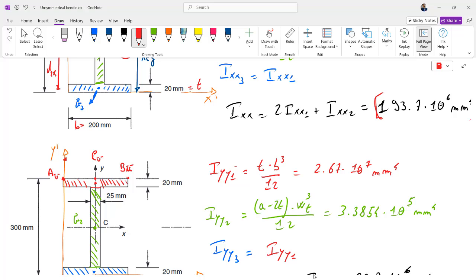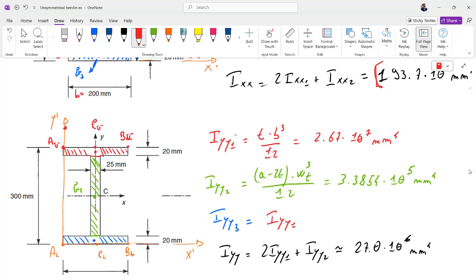The first exercise clearly is for symmetrical bending. This exercise is for unsymmetrical bending. We just added the inclination of the plane where the moment is applied, but now we can add also another consideration, the moment of inertia with respect to the y-axis. So we have simply this formulation, the flipped formula, if you want, of the Ixx, but without the transport moment, because the distance